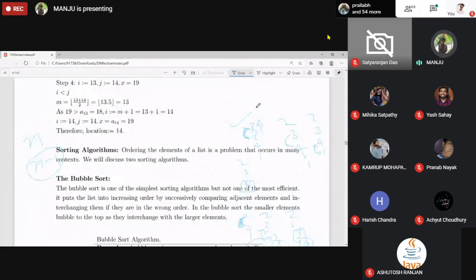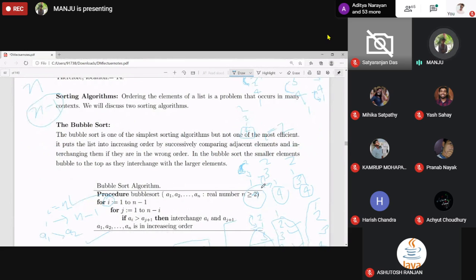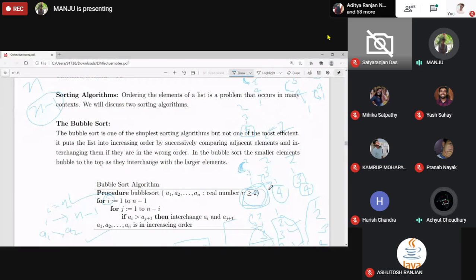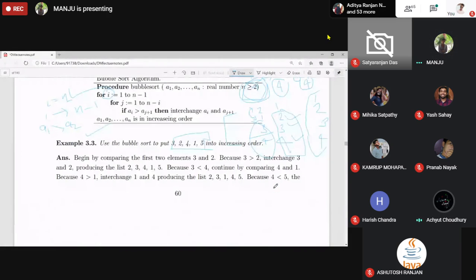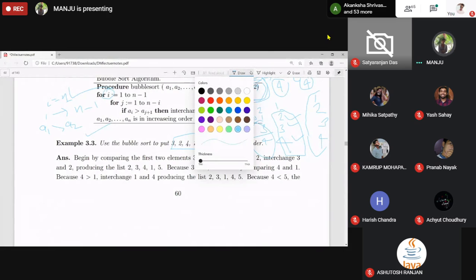For I is equal to 1, the first pass, J runs from 1 to n minus 1. For I is equal to 2, the second pass, J runs from 1 to n minus 2. Why up to n minus 2? Because one element got fixed, and another element is fixed also. Yes, ma'am. Understood? Yes, ma'am.